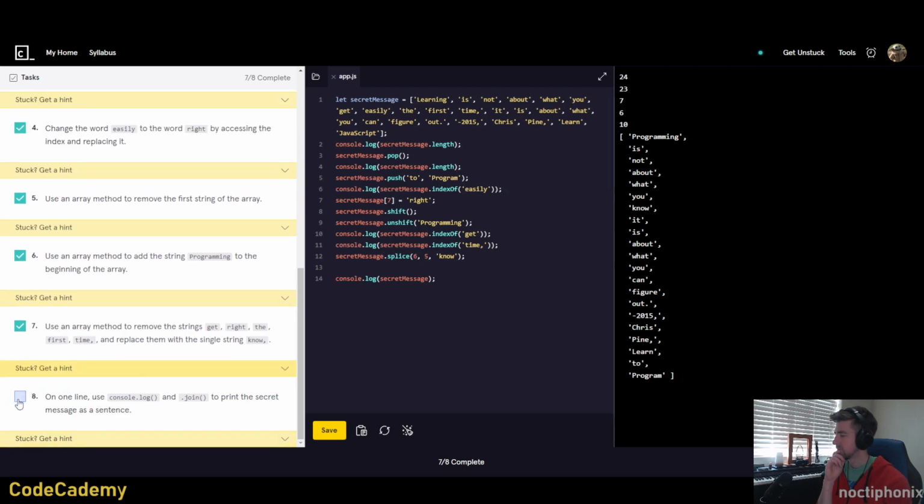Okay, cool. On one line, use console log and join to print a secret message as a sentence. All right, so console log, last line of the code, console log,